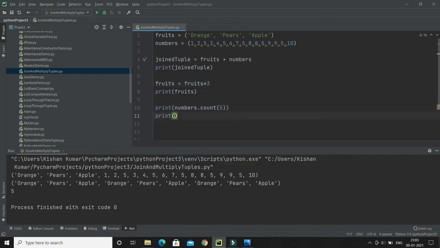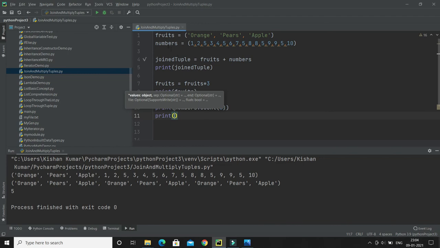Now let's go to the next method. The next method is index. The index method basically searches for the first occurrence of the specified value and returns its position or index. But one thing you have to keep in mind, the index method throws an exception if the value is not found.